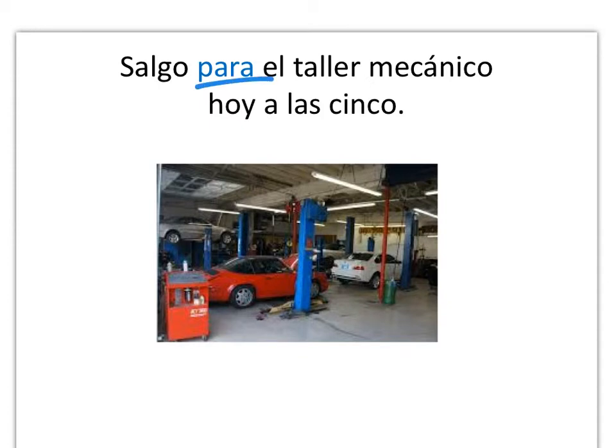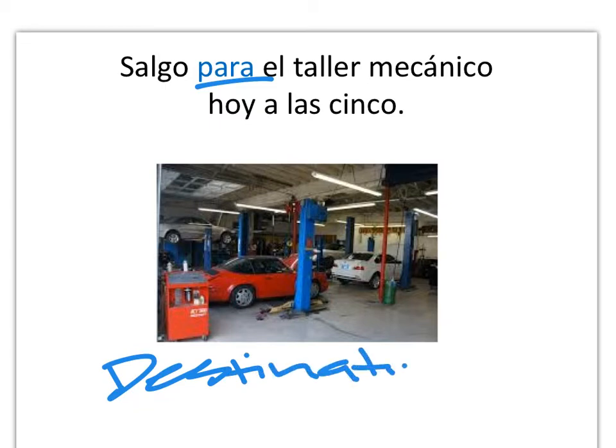So por la calle King, or paso por el puente Ravenel, we use for route, but para we use for our destination. Be very careful, because like I said, you can use por or para with a place. What you have to decide is, am I talking about a route or am I talking about a destination? And so oftentimes we'll see the verb salir with para, but pasar with por.